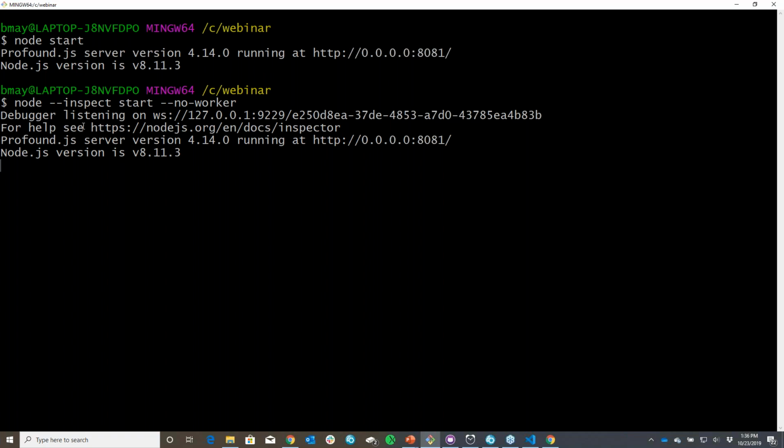So here we have it. It tells me that the debugger is listening, and it gives me this URL. Now, when I was preparing this, and actually it's still in our docs because I just realized this, your process would be that you would copy this URL and paste it into a tab in Chrome, and then that would fire up the